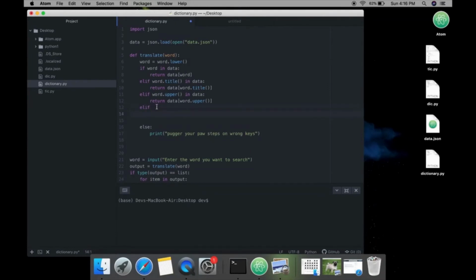So the first thing we require here is something like the close match. If we have a close match, then we do something with it. But what if we do not have a close match? Then the program steps on wrong keys. Now the thing we need to check is the length of that. If something exists, checking the length is the best way to check anything. So if the length of the close matches